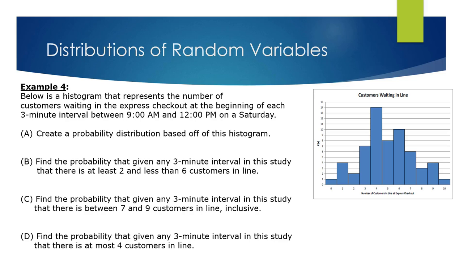So what you're asked to do here is create a probability distribution based off this histogram, and then find the probability that given any 3-minute interval in the study, there are at least 2 and less than 6 customers in line. The probability that of these 3-minute intervals, there are between 7 and 9 customers in line inclusive. And for D, the probability that given any 3-minute interval in the study, there are at most 4 customers